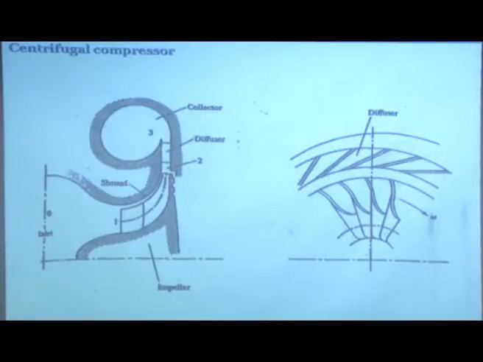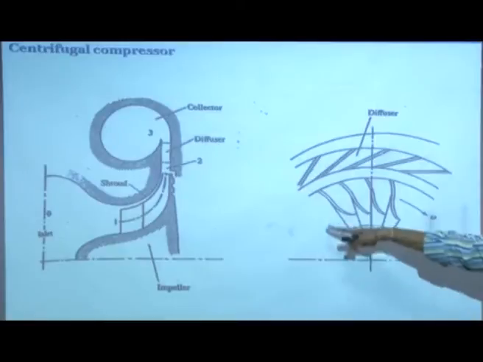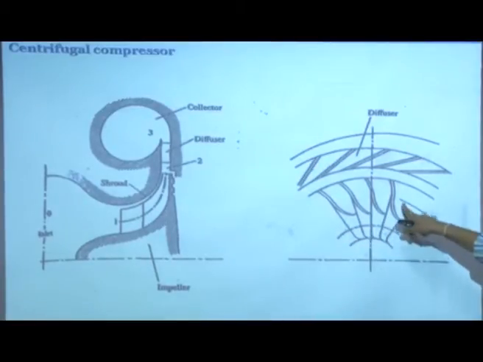So, that kinetic energy is then converted into pressure potential, the pressure energy. And this high pressure air is collected from here. This is the sectional view and this is the front view. So, this is the rotating part. Here you can see the air molecules are accelerated, and this is the diffuser in which the velocity is reduced and converted into pressure. This is exactly opposite of a nozzle, what happens in the case of a turbine.